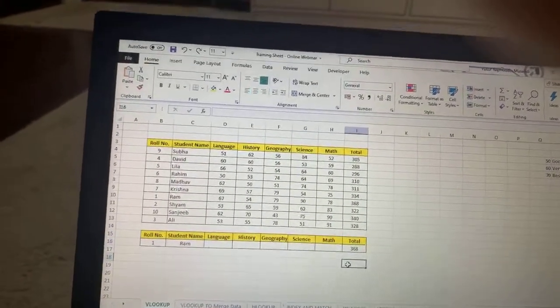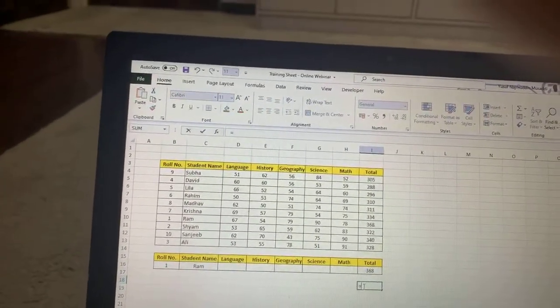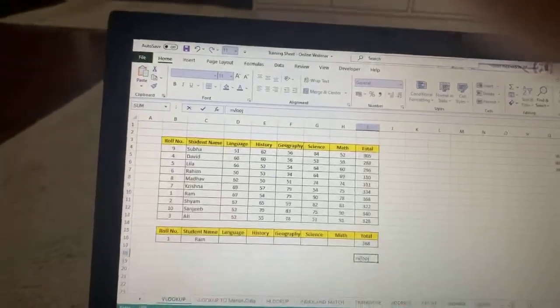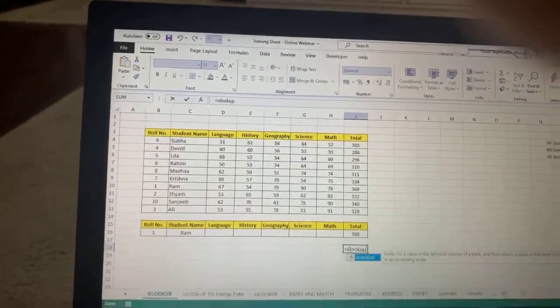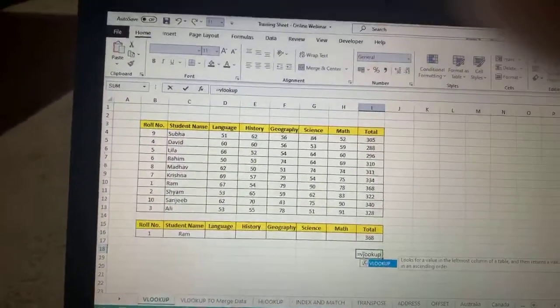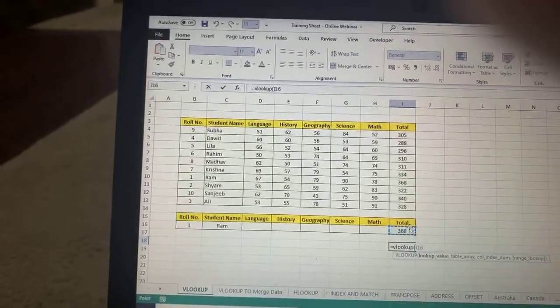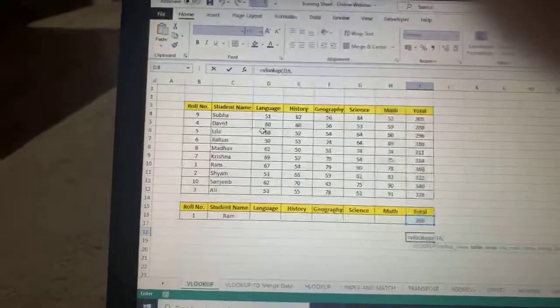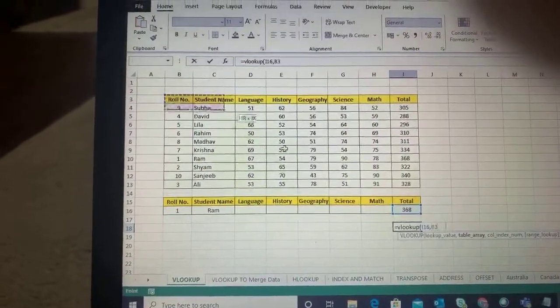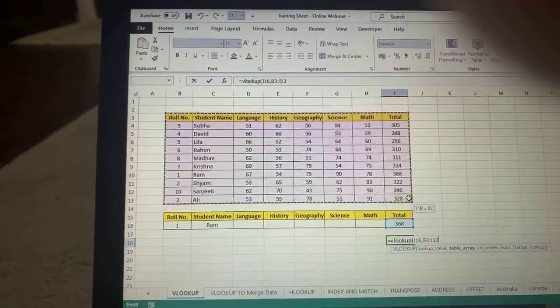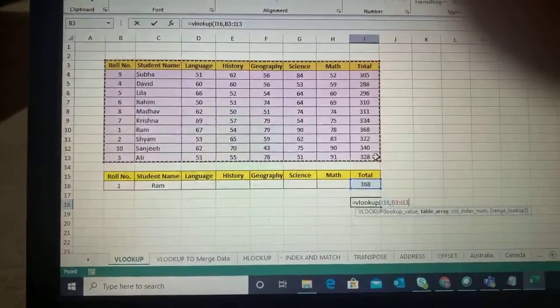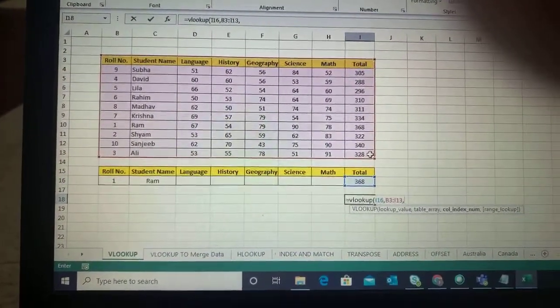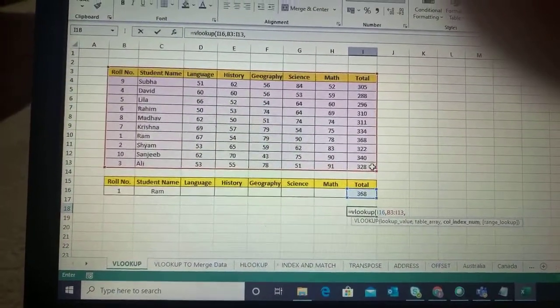It will always search for values to the right hand side of the search value, not towards its left. I'll just show you this. So if you say equal to VLOOKUP, now in this case my search value is 368. Once again, this will be my column range, okay, and then the column index number.